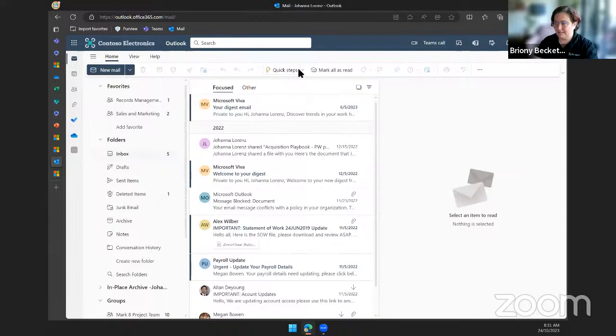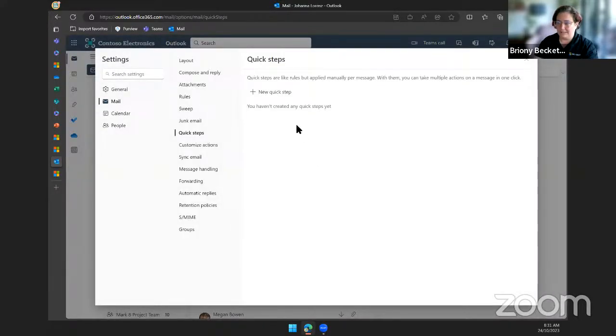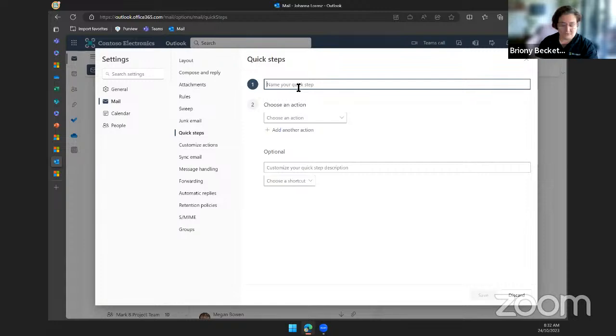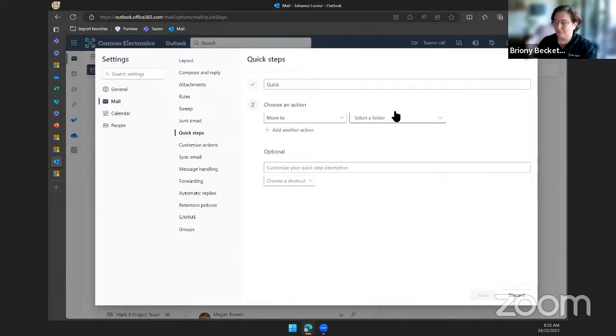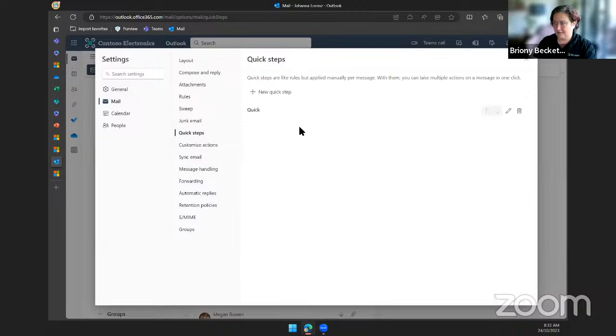One thing that one of my colleagues uses all the time, and I've just recently started using, are the quick steps. If you get emails all the time and want to do particular actions, you can say, I want to move it to a particular folder, and save that.